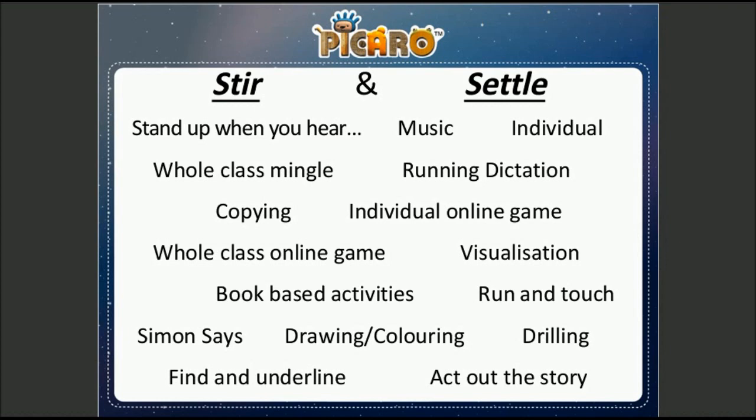Let me just explain what happens. In a running dictation, you divide the children into pairs. So there are two children working together, divided around the whole class. For each pair of children, one child will be sitting where they are, and the other child will be running